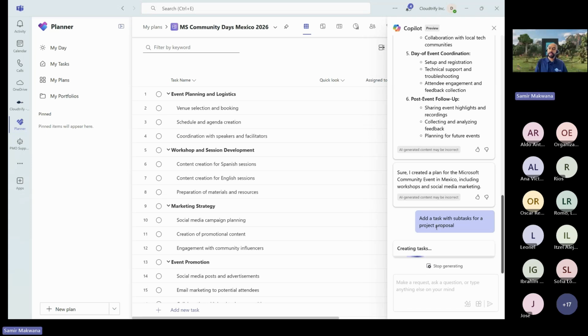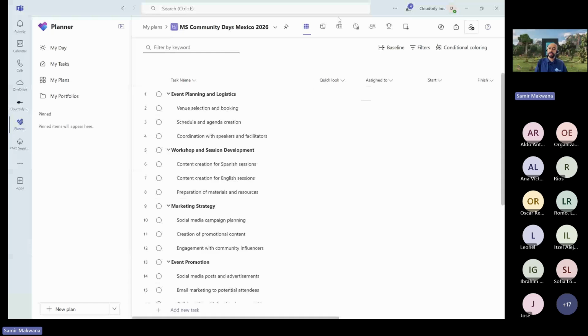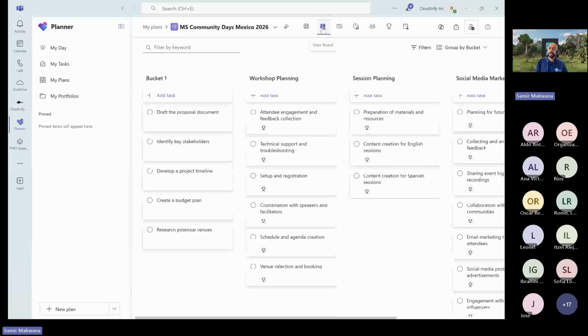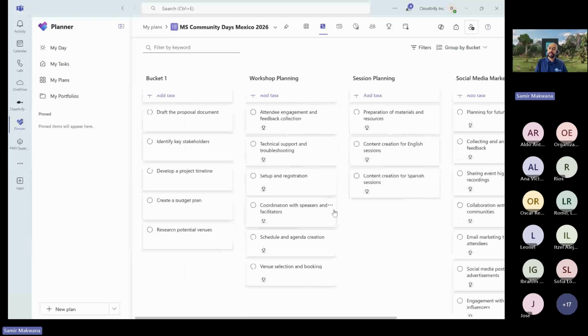Let's see how it goes. Okay. So far, it hasn't done any color coding. Also, it hasn't done any assign to or quick look or something. But if I go to the board view, I can see it has created different buckets. The buckets for workshop planning, session planning, and social media marketing, right?